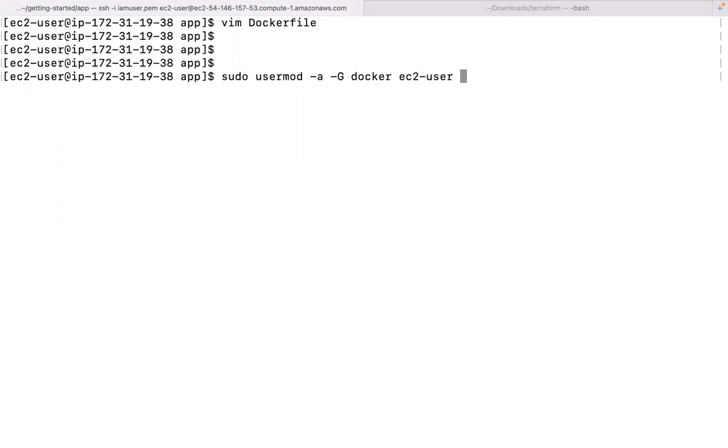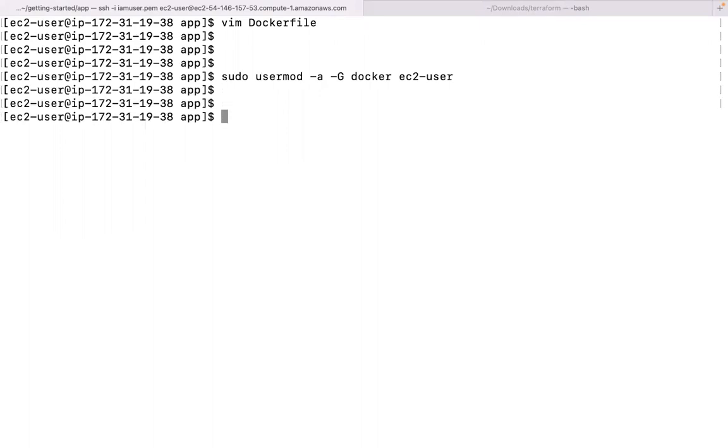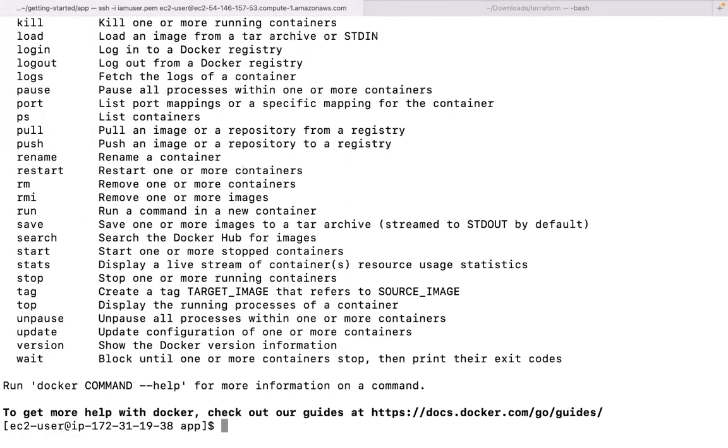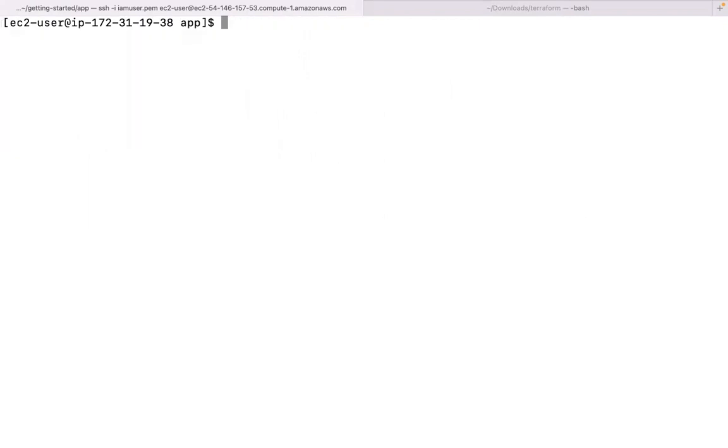That's it, right? You are in the app folder. Yeah, that's fine. You can modify user permissions from anywhere. The user belongs to the system, not to that specific folder. Even if I do ls, I don't see anything. Now let's try to execute Docker. Okay, this user can now execute Docker.